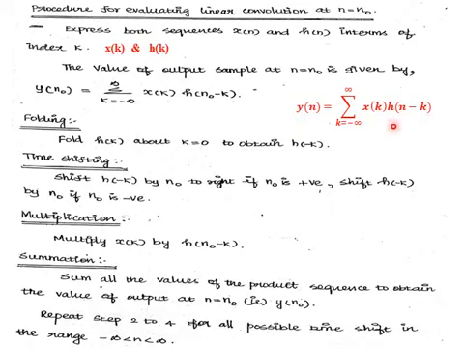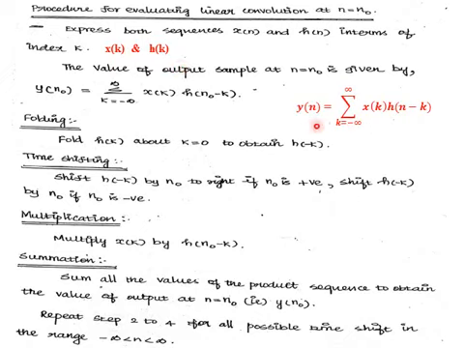We know that if we want to perform convolution, we will be given two input signals. One is the system's input x of n, and then the system's impulse response h of n. If we compare this with the formula, in the formula we have the time base as k, whereas in the problem the input will be given with the time base n. So in the first step, we have to replace n by k in both the input sequences to get the sequences x of k and h of k. Simply replace n by k so that we get x of k and h of k.